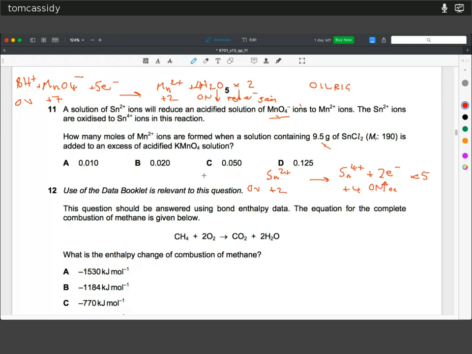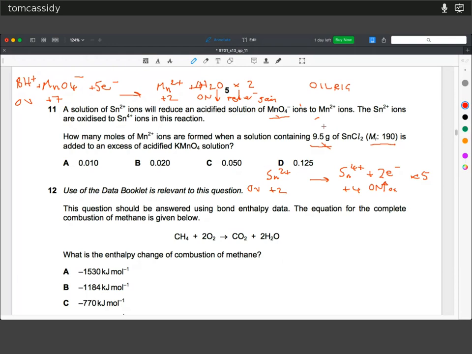And I could add those two half equations together to give me a full redox equation. And so the stoichiometry, you can see, is I'm going to have 5 lots of tin and 2 lots of manganate. So I've figured out by combining the two half equations what the stoichiometry is. Now, it tells us up here how much tin I've got. It tells us the relative molecular mass. I can easily change that to the molar mass, and I can work out that if I do that, then the number of moles of tin